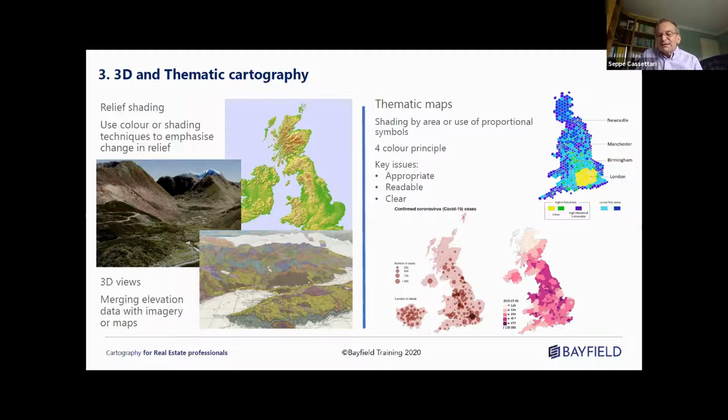In some cases, we can use colour, but it's photorealistic, and we can generate almost image-type map-looking products. And increasingly, as we use gaming solutions and software for building realistic objects that can be placed on a map, this is a technique that's becoming more important in cartographic design.